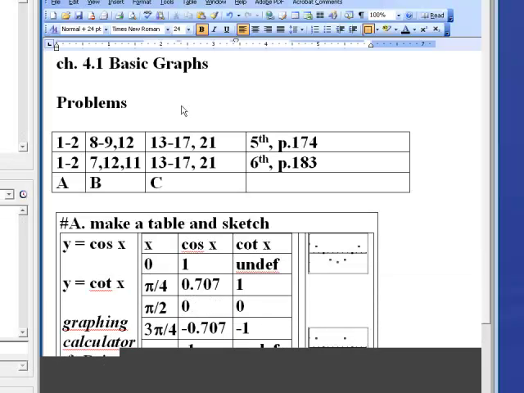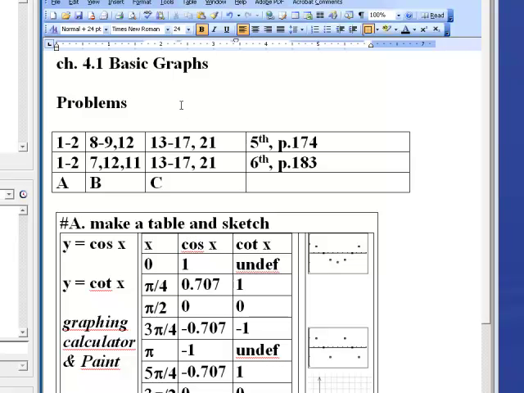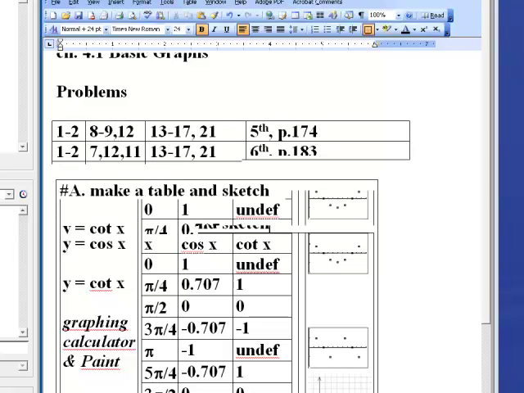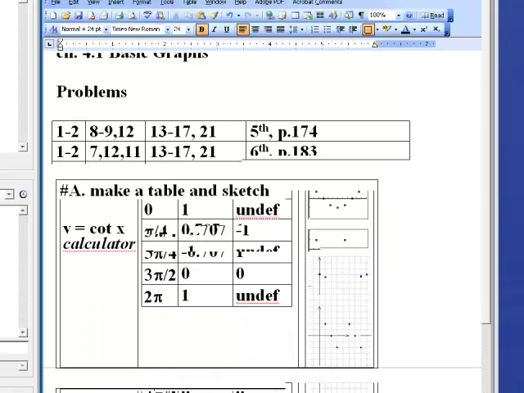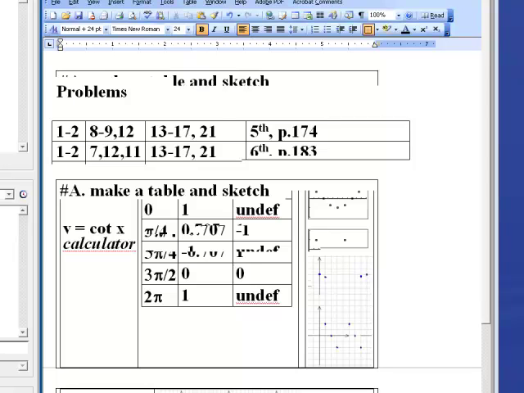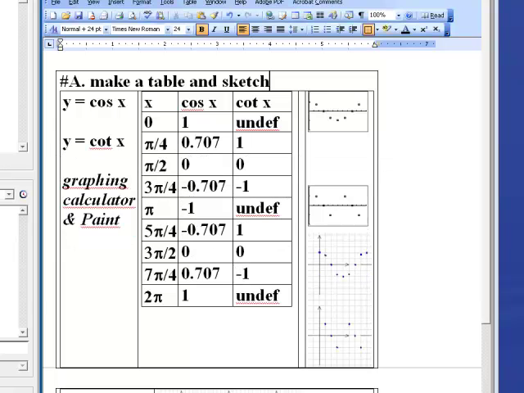Okay. Welcome to this problem section on basic graphs, and I've prepared a few problems, A, B, and C. Problem A says, make a table of values for these functions using multiples of pi over 4 for x, then use the entries in the table to sketch the graph of each function for x between 0 and 2 pi. The two functions we're going to graph, and these are only certain points,